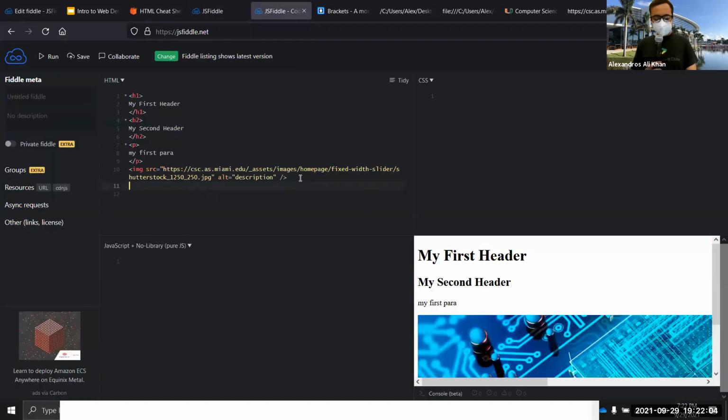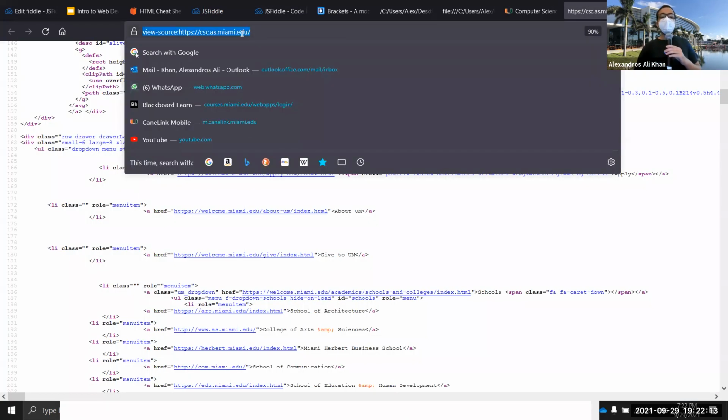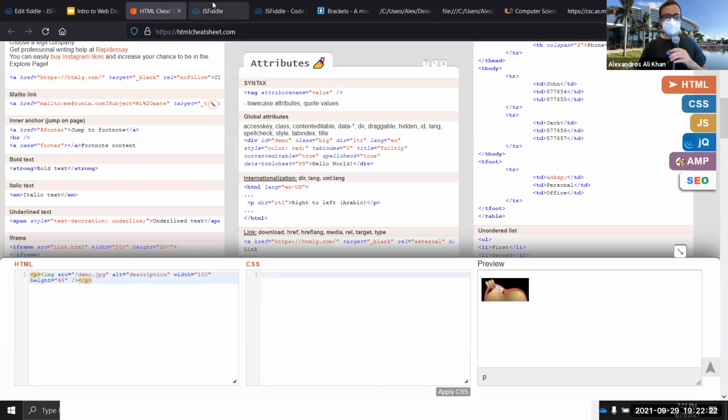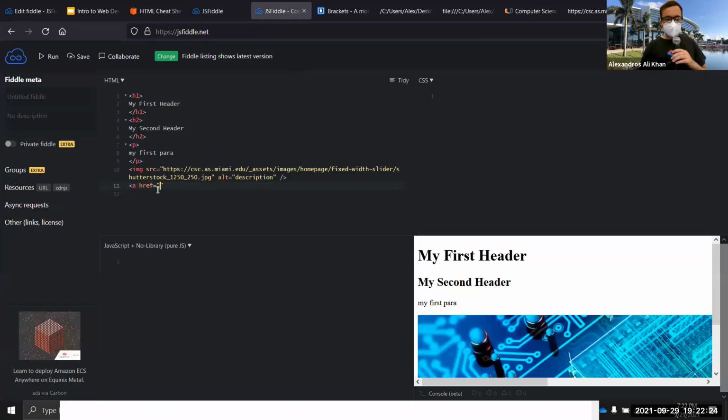So for example, if we do href, and then if we go ahead and copy, Control A, Control C, Control V. And then if we go ahead and close our anchor,